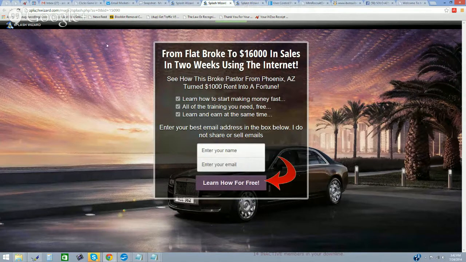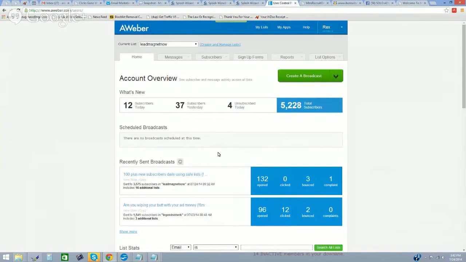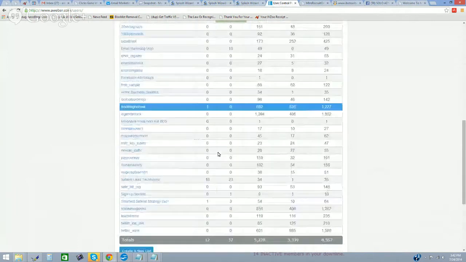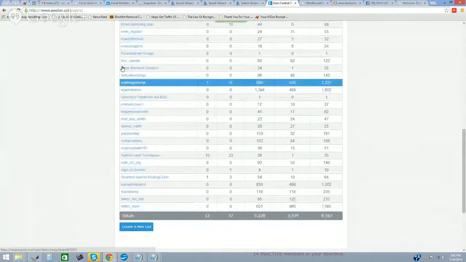Okay, and this, ladies and gentlemen, when you start to do this, this is going to make it much easier for you to get signups because you're going to be able to segment your lists like I do. I've got my home business seekers list here. I got a Safe List Marketers list here. I got a Safe List Marketers list there. So now if I've got a Safe List based offer or internet marketing based offer for a tool or a traffic resource or something like that, I could send that to people, and because of the fact I've provided so